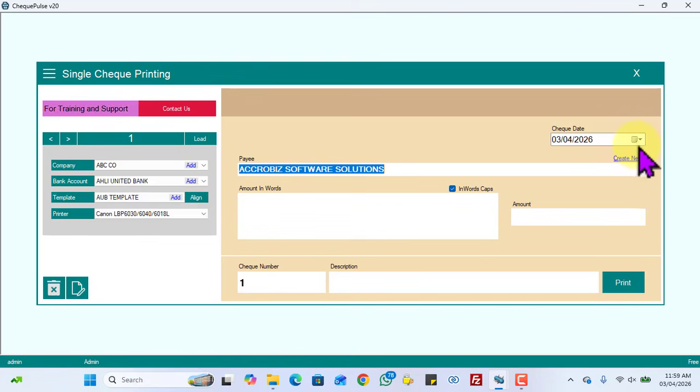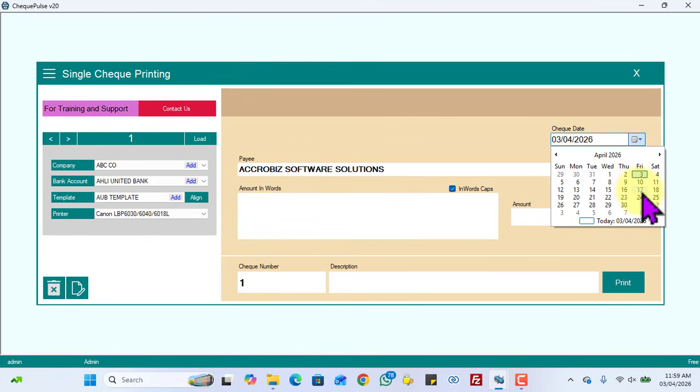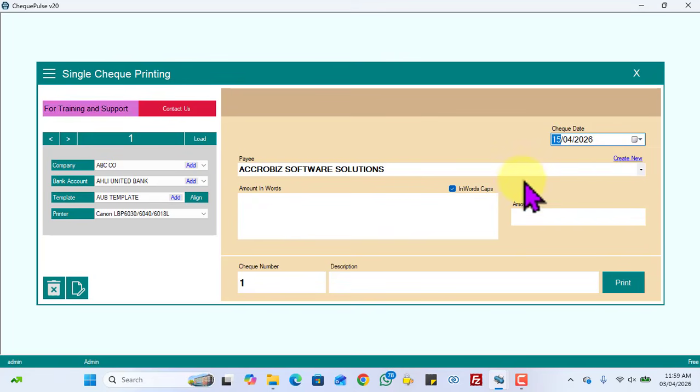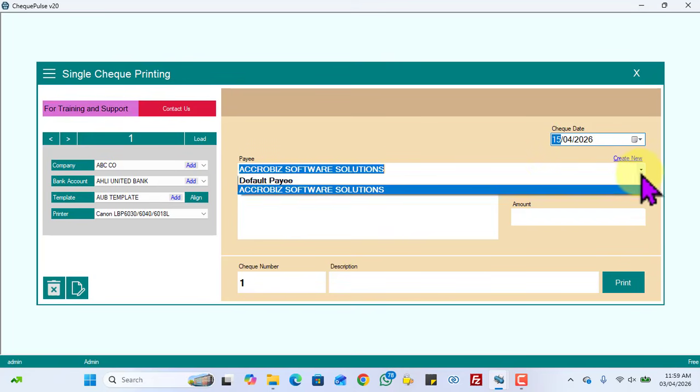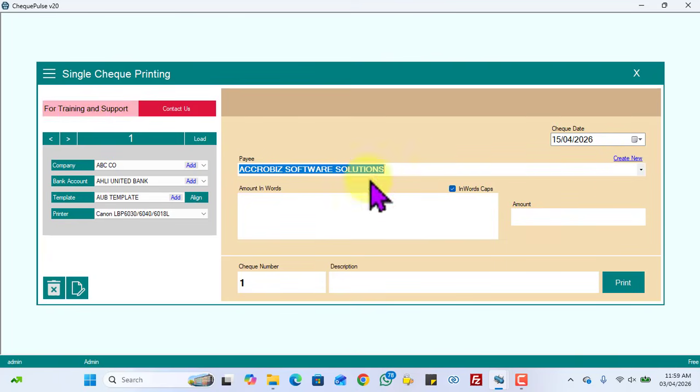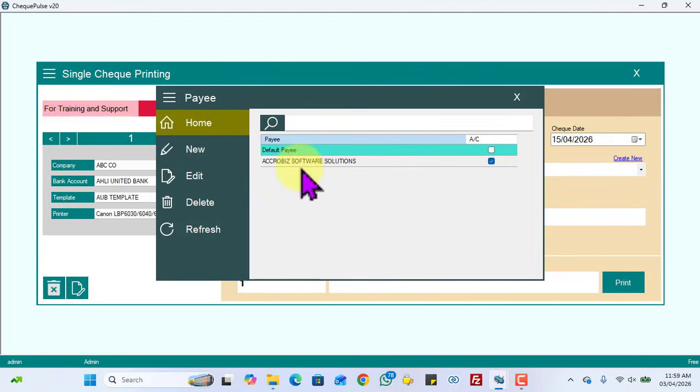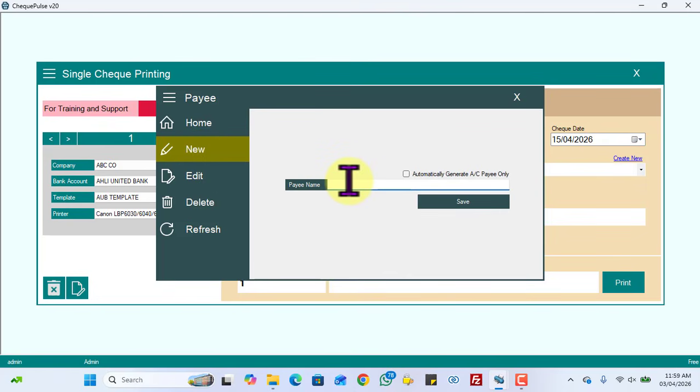And what is the date on your check? For example, I'm giving today's date, or I can give a PDC, the 15th, as my check date. And presently, if you have payees, they will be listed in the drop down. If there are no payees, you can create them also. Just create a new payee. For example,